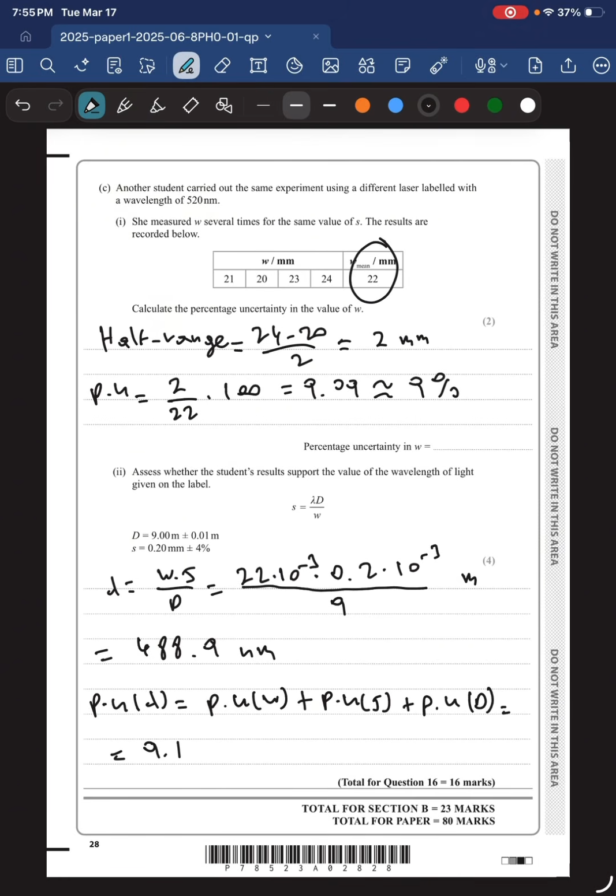Let's use 9.1%, which is what we calculated earlier. The percentage uncertainty in S is given as 4%, and the percentage uncertainty in D is not given, but we can calculate it by dividing the absolute uncertainty, 0.01, by the value and multiplying by 100, and I will need a clean page. So the result is